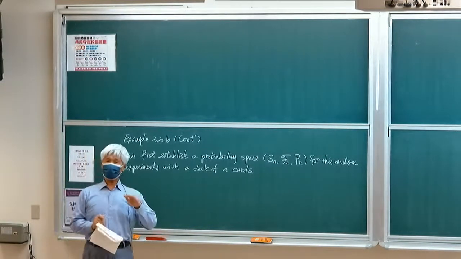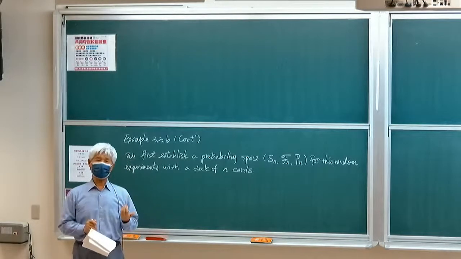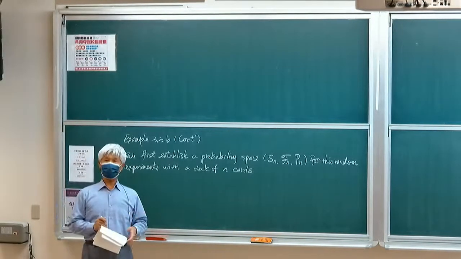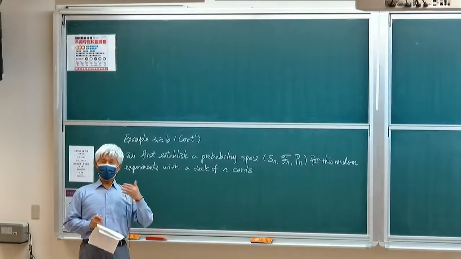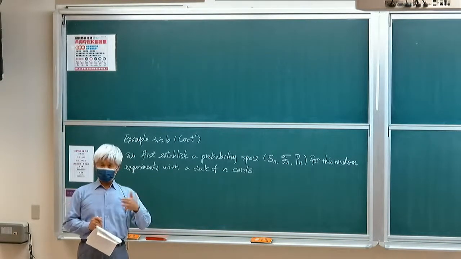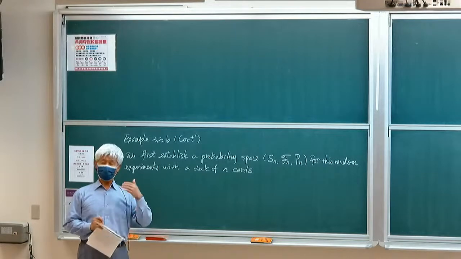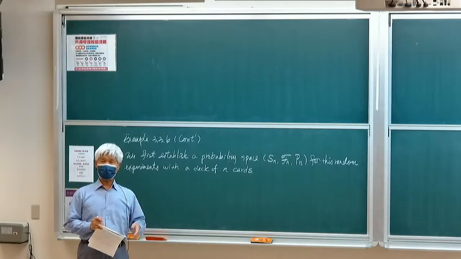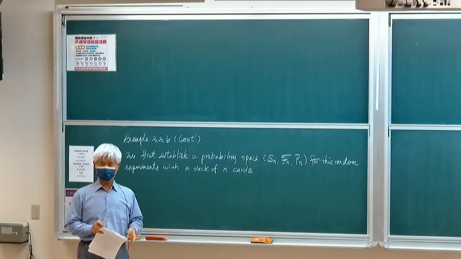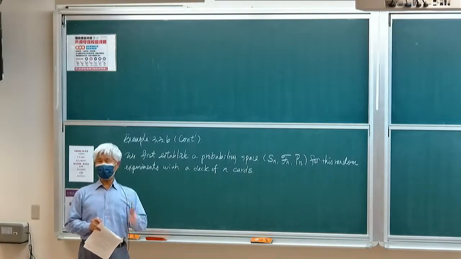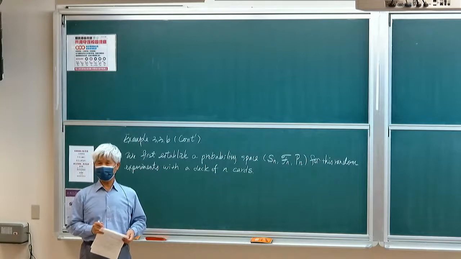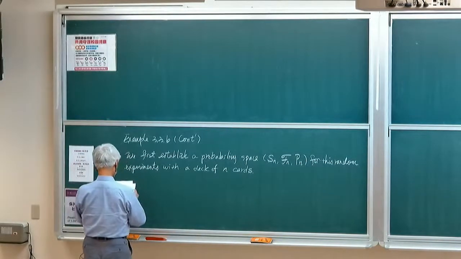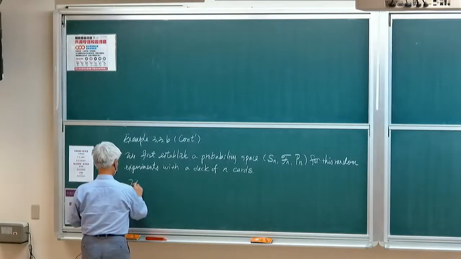Before turning over a card, a player will make a guess or may not make a guess. If the player makes a guess, the guess should be that the next card is card number 1. So the sample space Xn